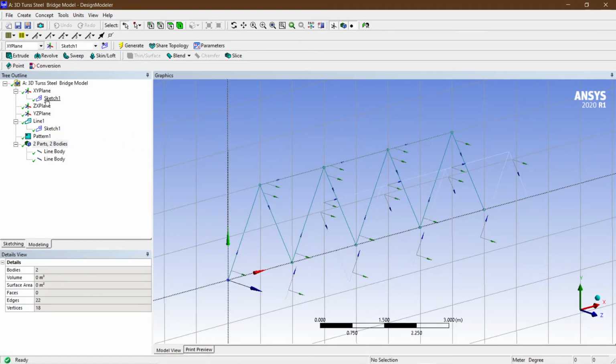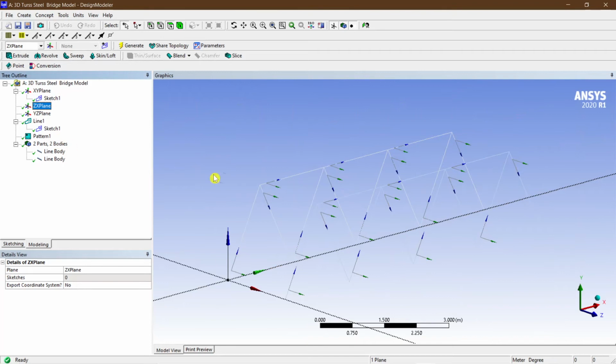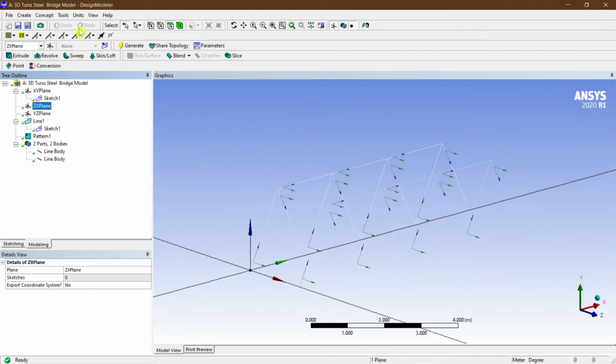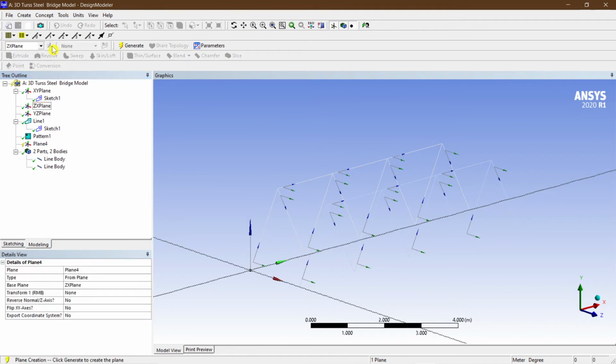So I'm going to select the ZX plane here, and now I'm going to create a new plane here. I'm going to hit new plane, and the base plane is the ZX plane only, but I need to transform it in the Z direction here.